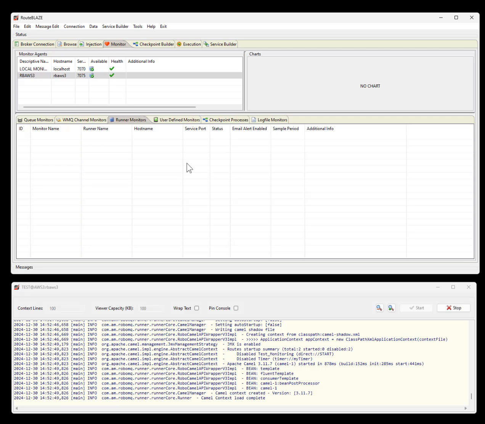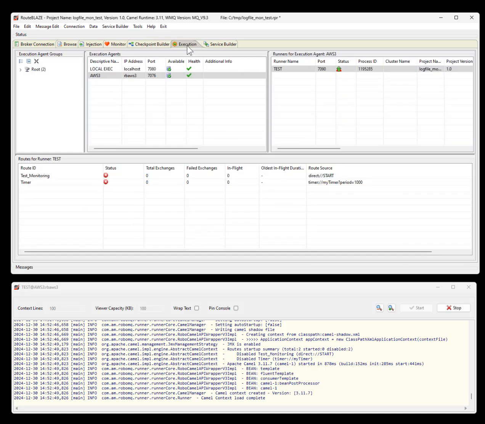But sometimes we want to know more than that. We want to know if the runner is actually behaving itself properly. And the way that we might want to do that is to take a look at the output that the runner generates in its log files and look for specific patterns that might indicate a problem, such as exceptions and other strings that we might want to match against that give an indicator that things are not as they should be. So to illustrate this process, I have a monitor agent running on an Amazon Web Services cloud